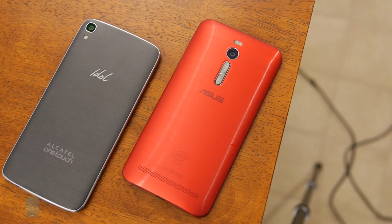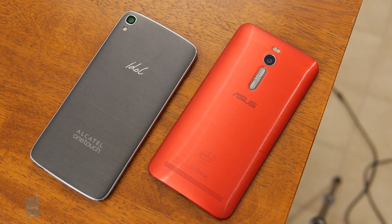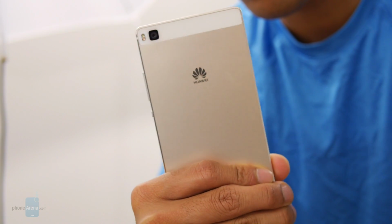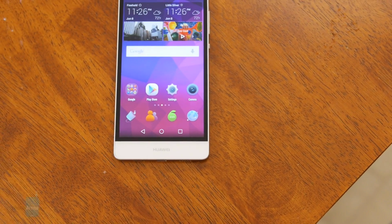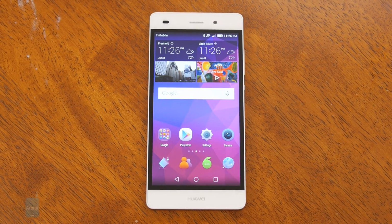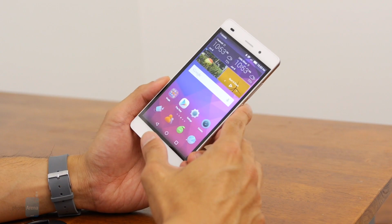Asus and Alcatel have been pretty victorious in what they delivered in the Zenfone 2 and the Onetouch Idol 3 respectively, but now it's Huawei's turn to show consumers what it could counter with. We've already seen its high-end offering in the P8, but now we have a more competitively priced version of that handset with the Huawei P8 Lite. Obviously, we know what a Lite model entails, but let's hope this one can be a contender in this new